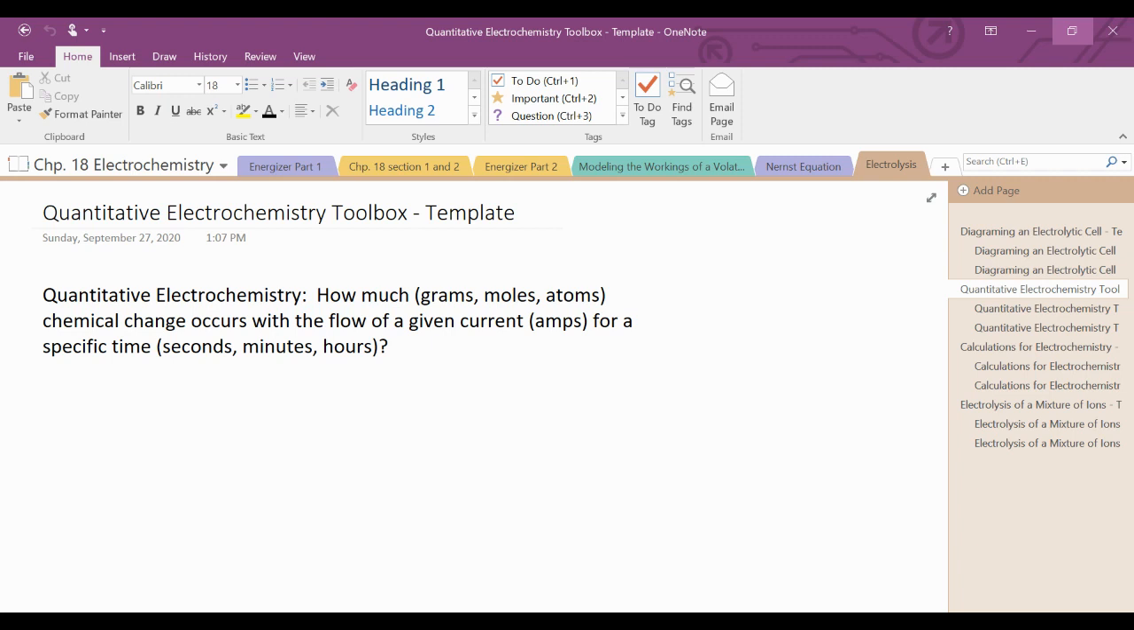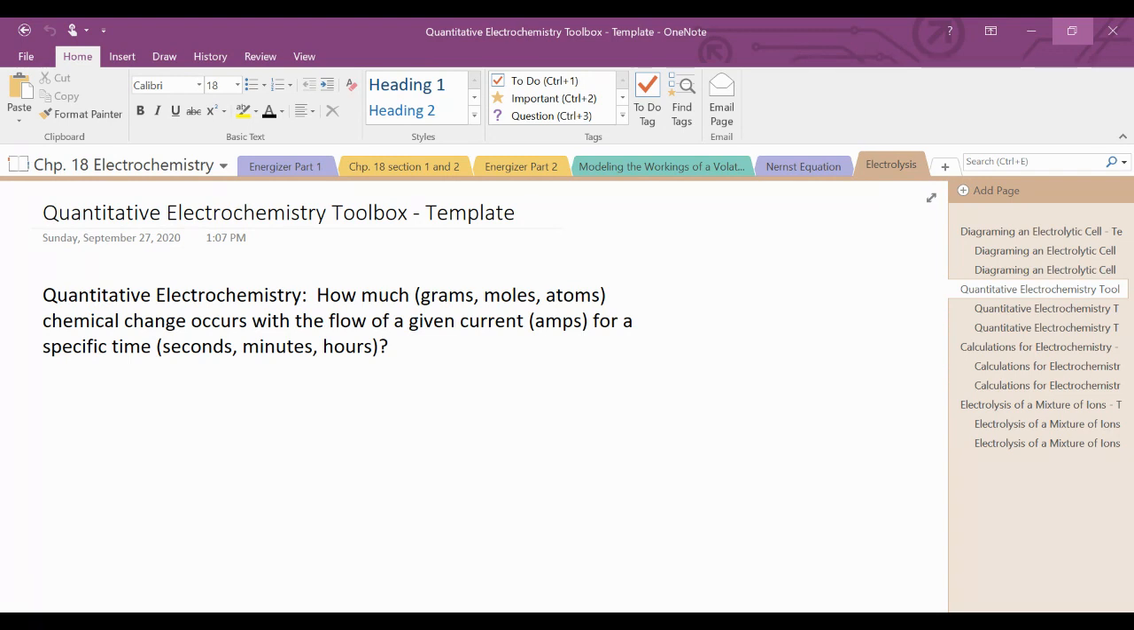Okay, so now that we've talked about electrolytic cells, we are ready to do problems related to electrolytic cells. And we call this quantitative electrochemistry. So in quantitative electrochemistry, we can figure out how much of a chemical change. So in other words,